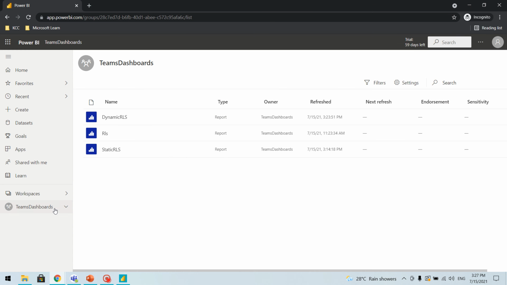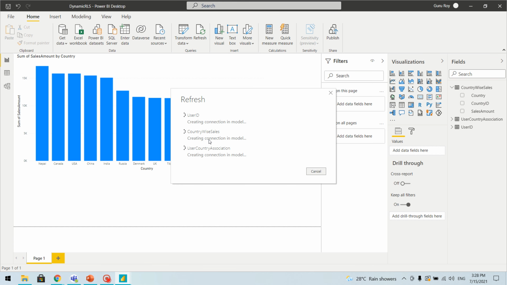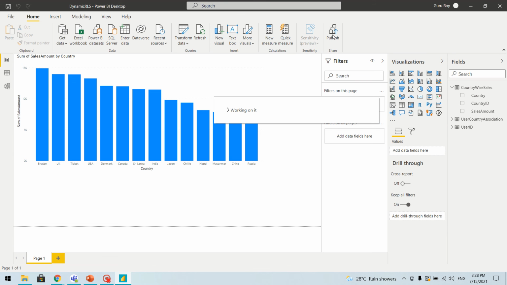Since our data is on premises and I have not created any gateway, we'll have to refresh the report here and deploy it. If our source had been SQL Server, we probably would have refreshed directly from the portal. Let's save it and publish it.